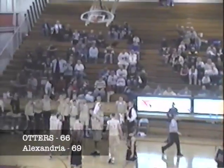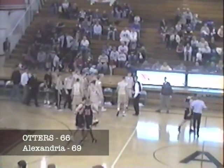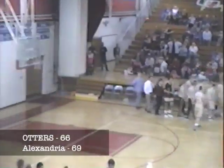Cardinals going to win it now, Dave. Timeout called by Fergus Falls with 8 seconds on the clock as the Cardinals get the rebound, and we'll pause for